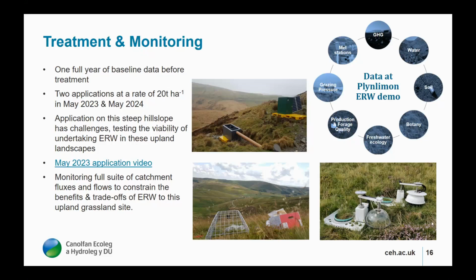Also with the vegetation, you can see in the middle picture, we have these exclusion cages, because this is an active farmed landscape. The sheep are still up there. They will be eating and nibbling away at the vegetation. So we want to keep them off little sections where we can then cut and look to see if there's any change in the forage quality, to see if there are any additional improvements in what we're finding there, which is great. And so we go and see if there's any extra growth, or we send it off for fiber analysis as well to see if this is actually going to be better for the sheep